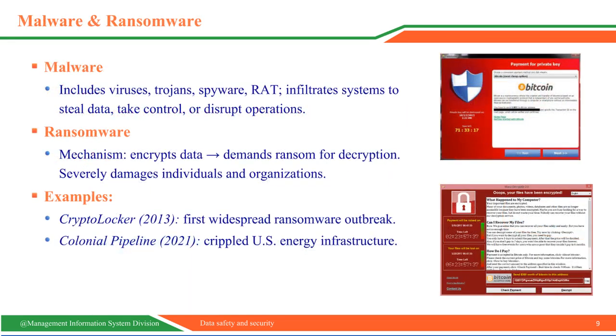Let's differentiate between general harmful software and the highly disruptive extortion threat. Malware is the umbrella term for any malicious software. Ransomware is a specific type of malware that encrypts a victim's files and demands a ransom payment for the decryption key. Incidents like the Colonial Pipeline attack demonstrate the crippling impact of ransomware on operations. The best practical defense against data encryption is a rigorous, isolated, and frequently tested data backup system.